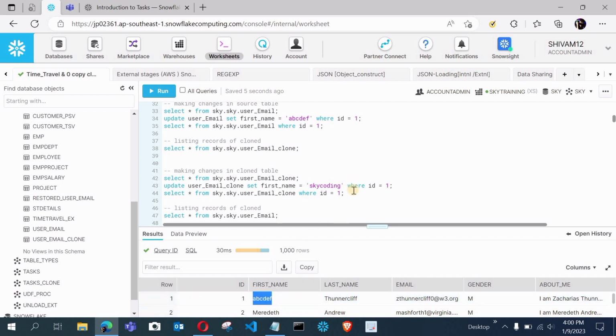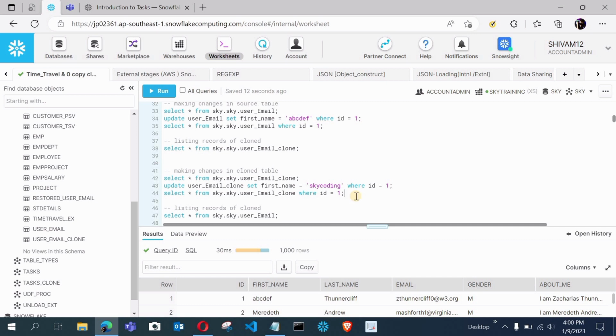So whenever we do any changes in the cloned table, that change will not be reflected in the source table, and whenever we do changes in the source table, the impact will also not appear in the cloned table.